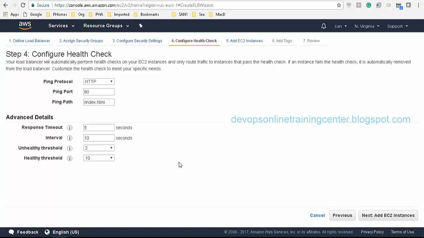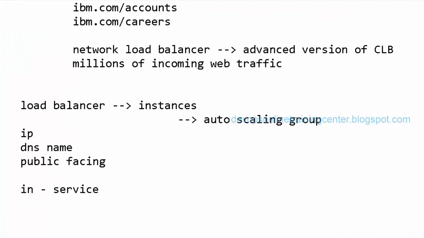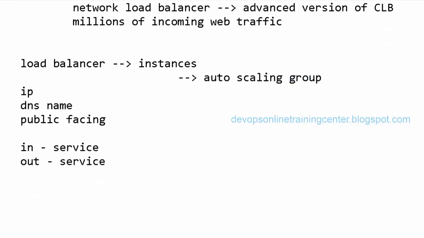Okay, but this health check is not spinning up the new instance, right? It's just checking whether the instance is live or not. If it's not live, it won't route the traffic to that instance. Yeah, see, obviously, the minimum number of instances we specify is 2. Let us say one of the instances is declared as out of service, so there is only 1 instance. Then it will automatically spin up another instance. That action will be taken by the scaling functionality, right? Okay, not the load balancing, right? Right. Okay, got you. Yeah.